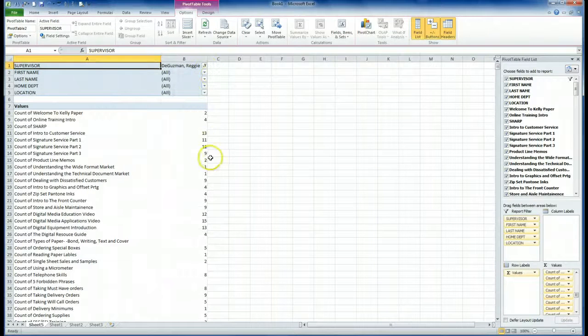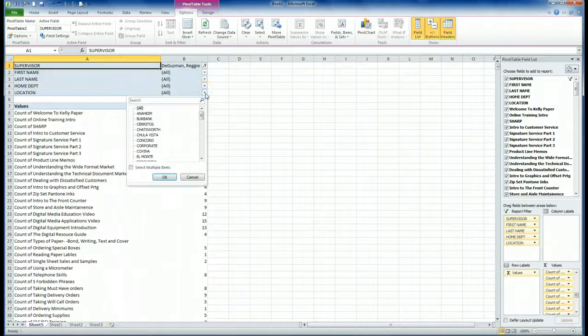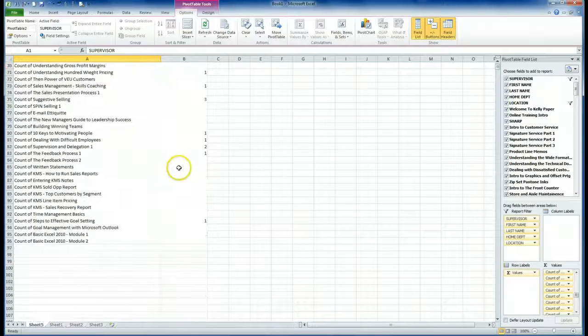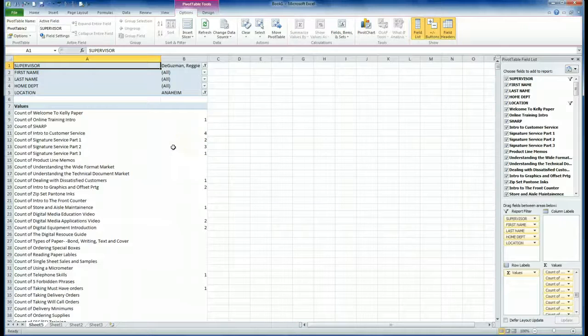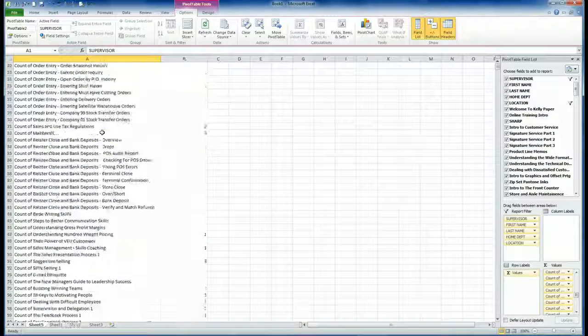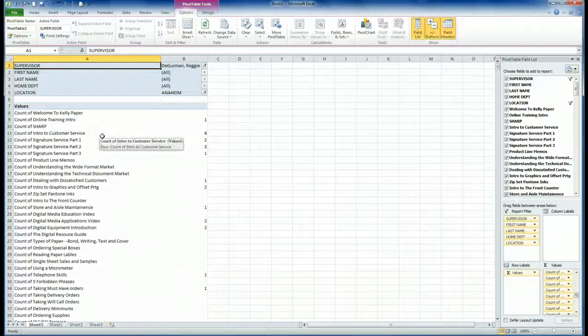Now the report is filtered by that particular person's area of responsibility. Now I can actually go to a particular department or location within that person's area. I know this district manager has this location that he manages, and now it filters it by that particular group. So it becomes an easy way to show a scorecard for people who want to have data that's broken down,